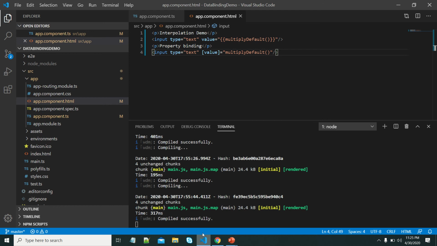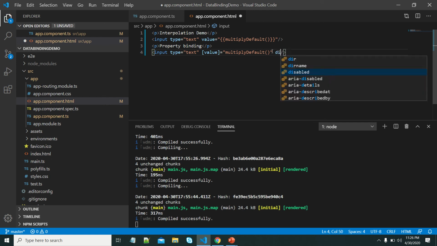Let me try to give an example where exactly property binding is required instead of interpolation. Let me take another property, disabled. Let me use this as property binding.